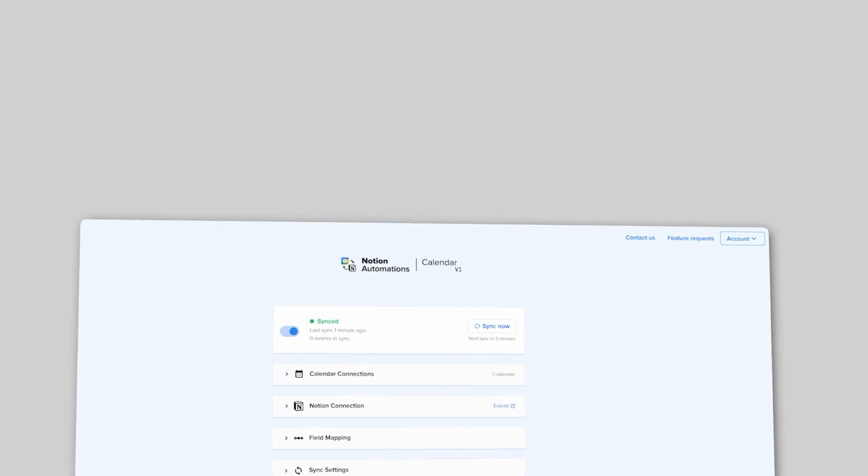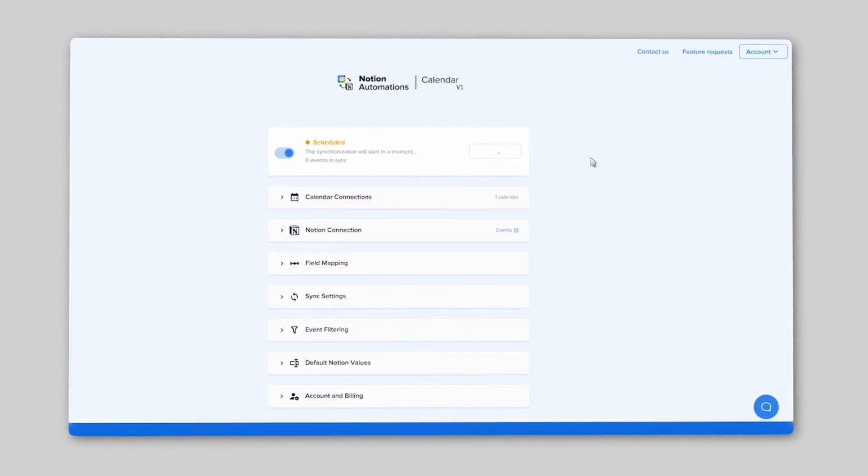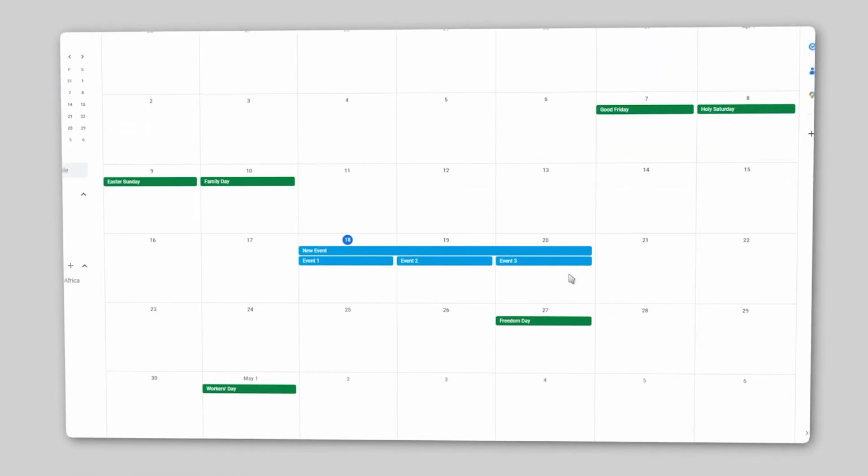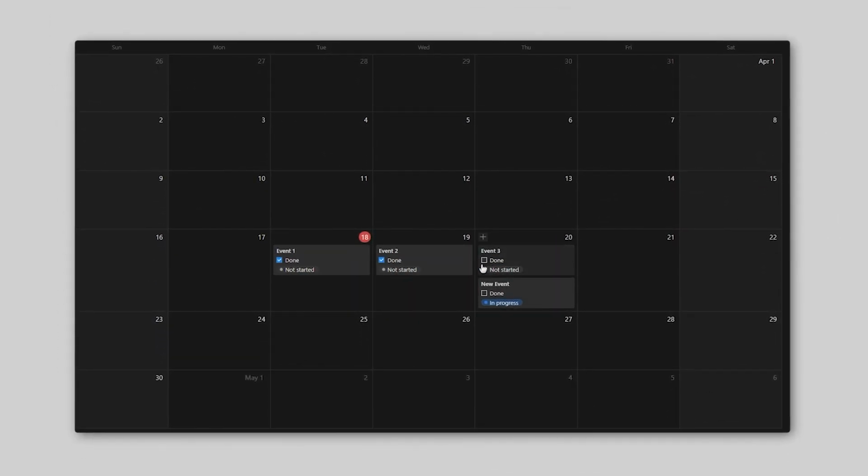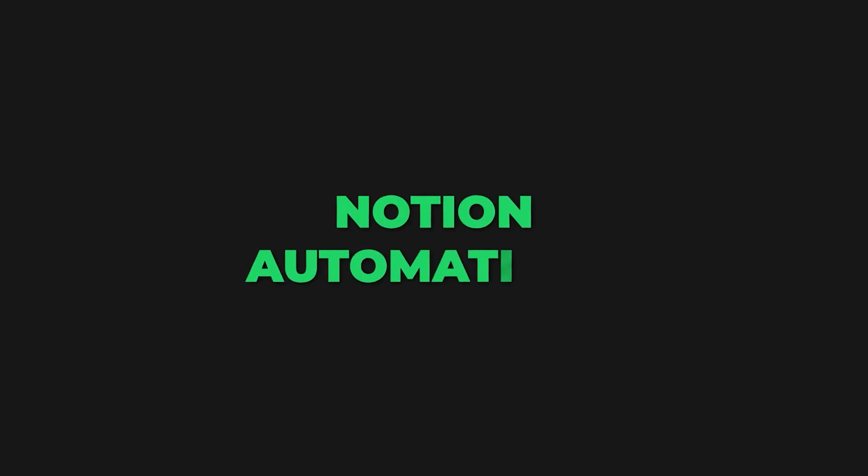Notion and Google Calendar are tools you're probably using on a daily basis and can't live without. And you're also probably looking for a way to sync the two so you can create and edit Google Calendar entries without having to leave Notion. This video will show you how to use a tool called Notion Automations to set up a bi-directional sync between